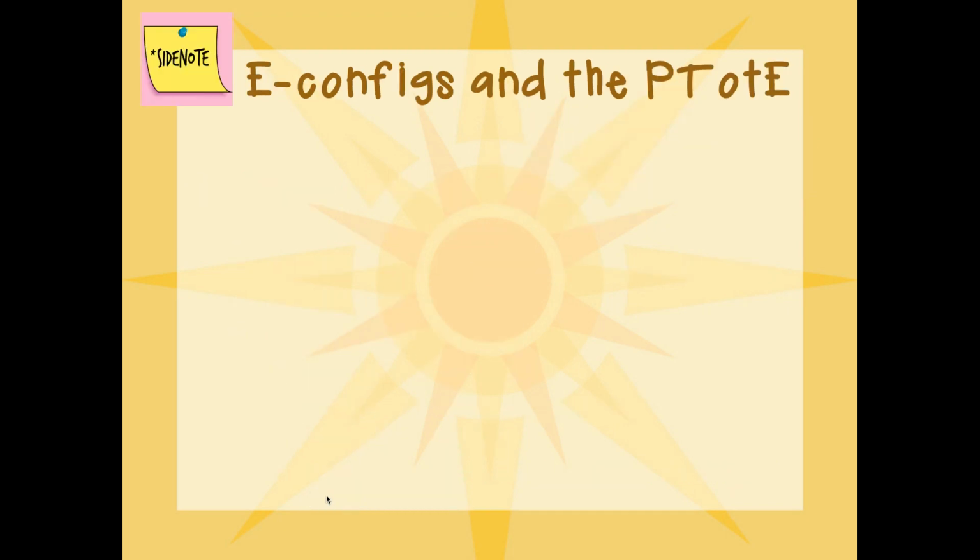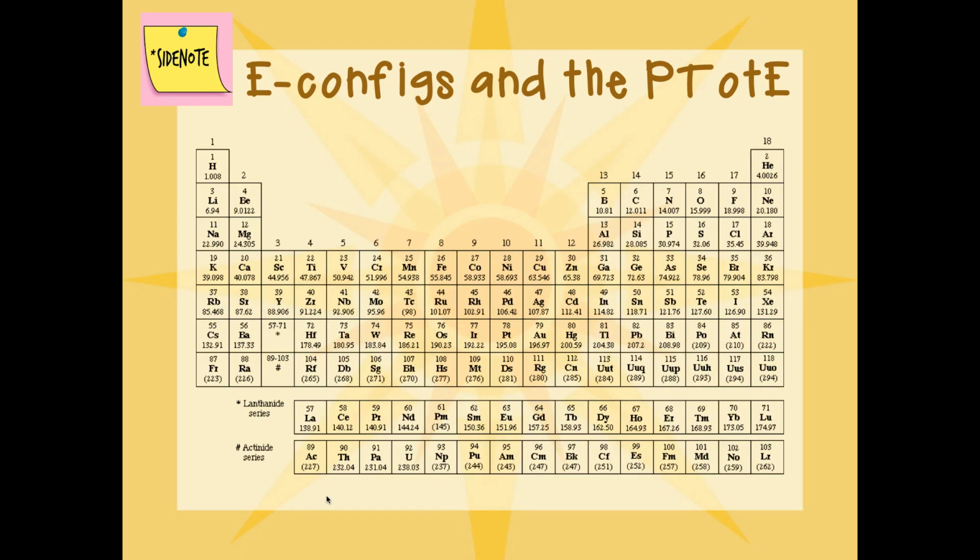All right, welcome back. What I have for you quickly is just a little side note related to the periodic table and connecting to our last unit on electron configurations. So if you have a general periodic table that looks like this, the biggest reason it's organized this way is because of sublevels. So the sublevel S is called the S block on the periodic table, and it's these two